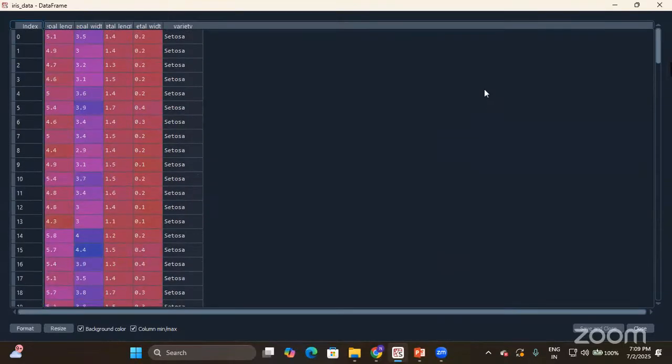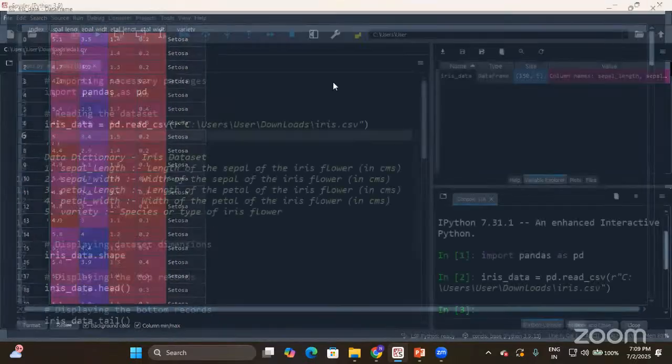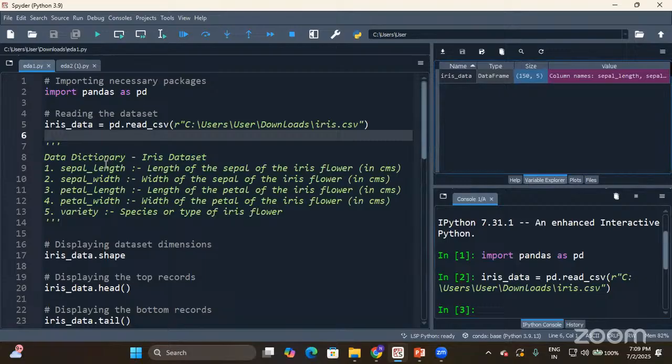So this is my data set, guys. How many columns? 5 columns. And these are the values. Now, I have also provided the data dictionary. What exactly the data dictionary tells is, it gives the information for each and every column: sepal length, sepal width, petal length, petal width, and variety.